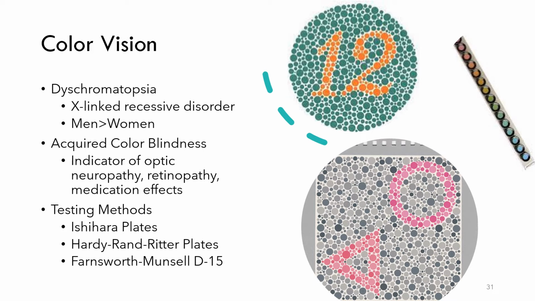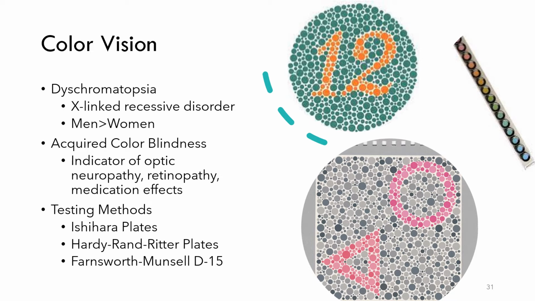Assessing color vision. Evaluating for dyschromatopsia, or color blindness, is an important part of the patient exam. Dyschromatopsia is an X-linked recessive disorder, meaning that mothers pass the disease onto their sons, so it's much more prevalent in men than it is in women. While heredity is the most common reason for color blindness, acquired color blindness is a key indicator of optic neuropathy,